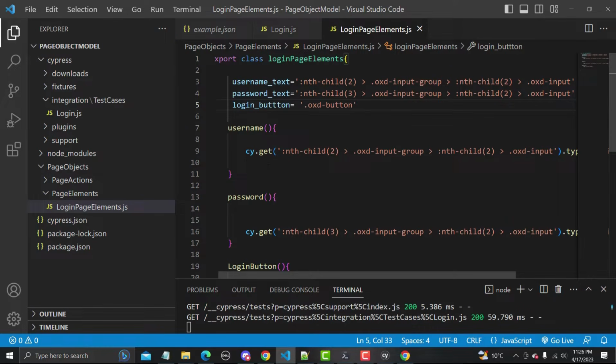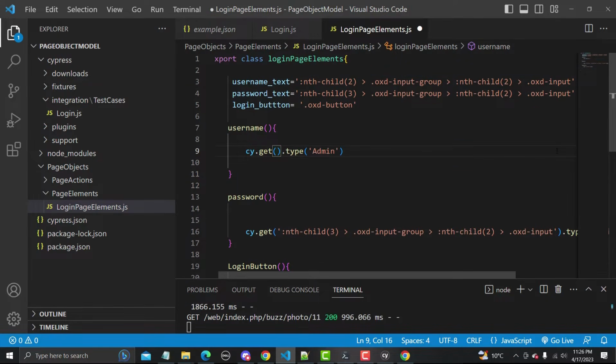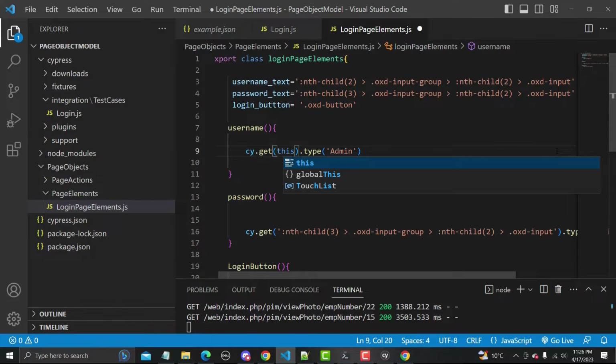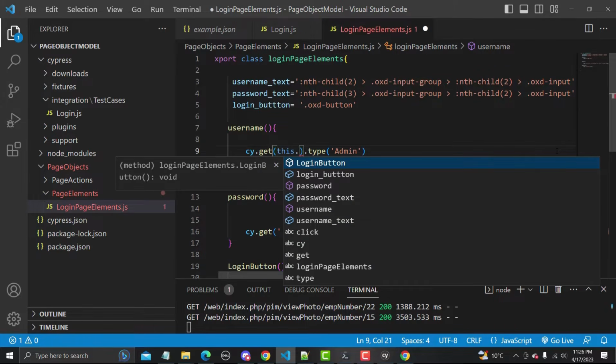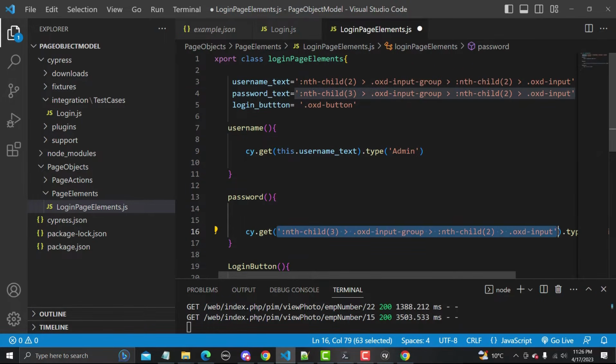So let me save this one, and now instead of using this one, let me remove this one from here, and if we want to use these global variables, I need to use a keyword called this. So this dot username text, and similarly we will do for the remaining methods.